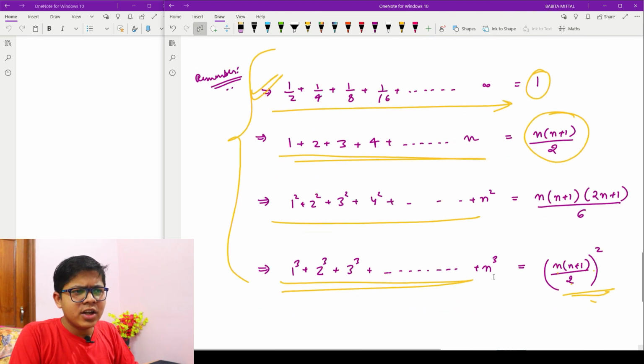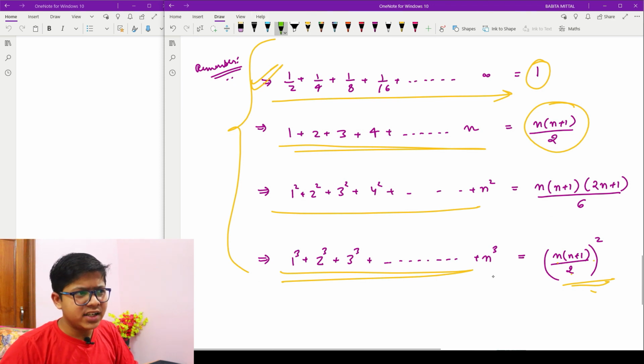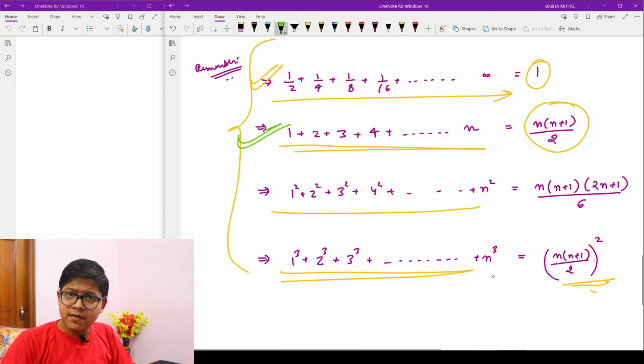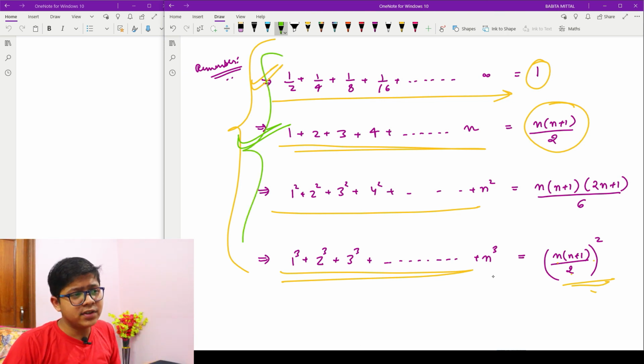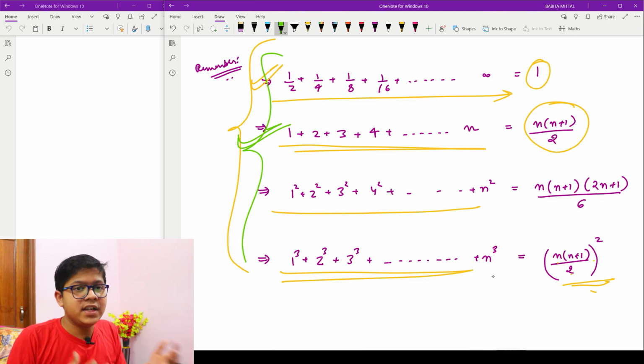Although if I should say, then only the natural number sum will be asked, and you can compute all of these with the AP formula, but yeah, it is very good to remember these because they are very readily used.